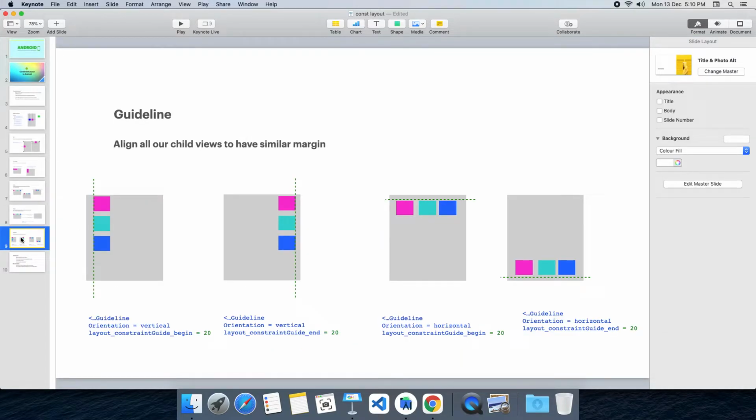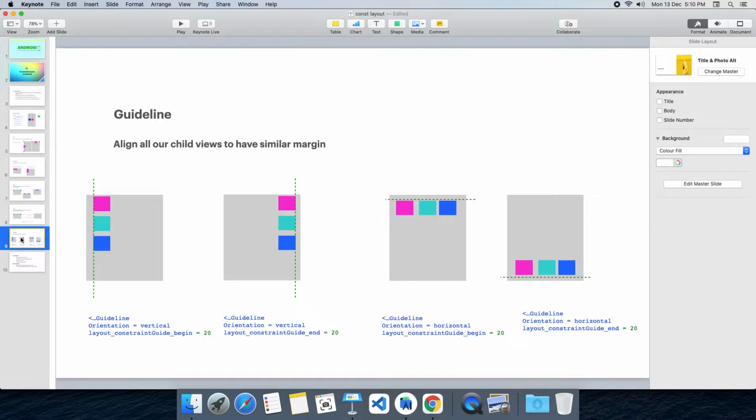Go to guideline. Guideline is important when it comes to setting a margin. Whenever we are creating an application, on all sides, left of the mobile screen, top of the mobile screen, right of the mobile screen, bottom of the mobile screen, we are always going to give some space so that we can have excellent spacing of UI widgets. Otherwise our widgets will stick to the start or end of the mobile screen. It will not look good.